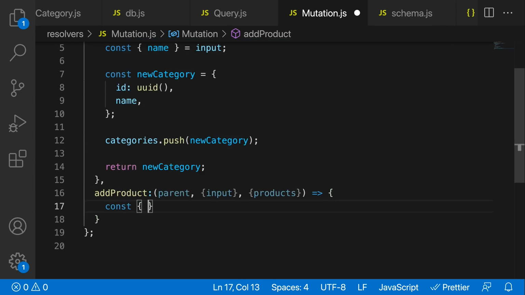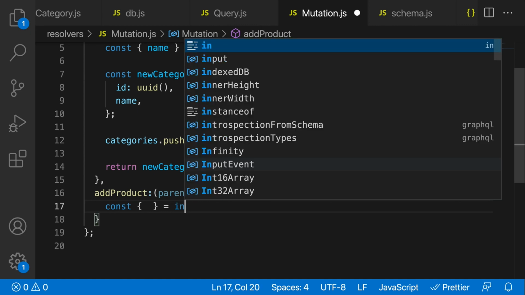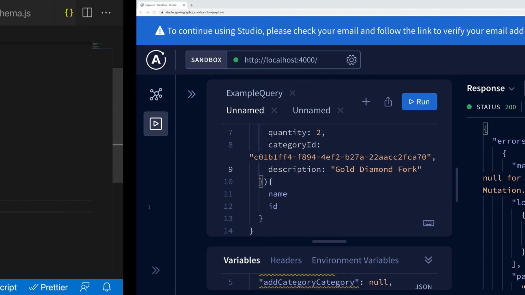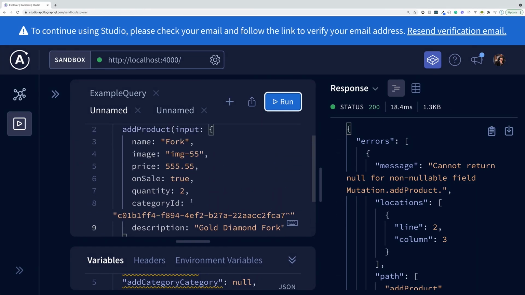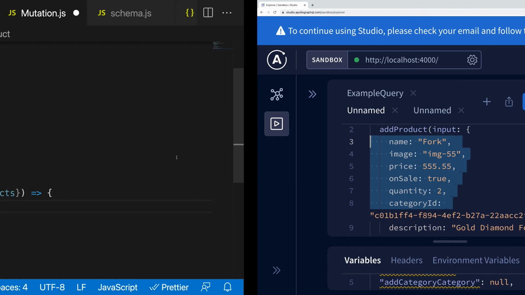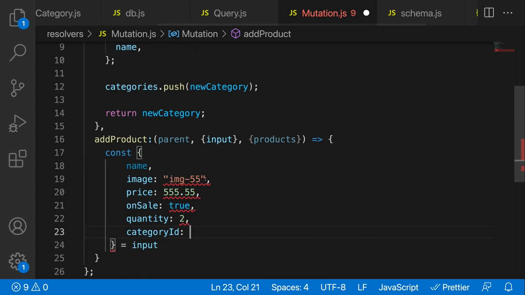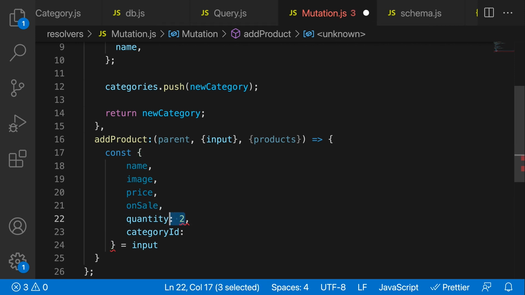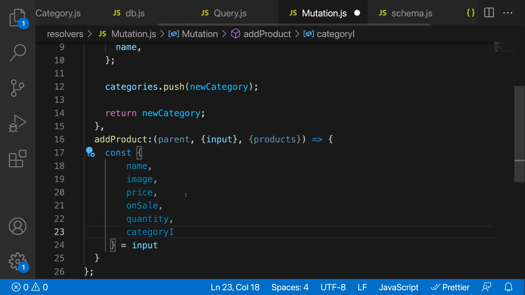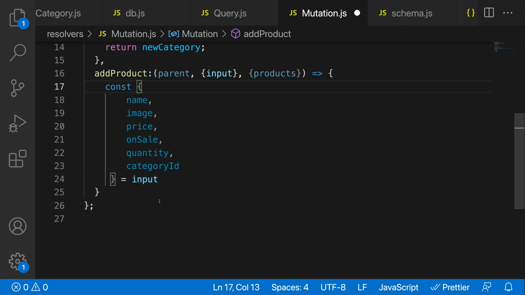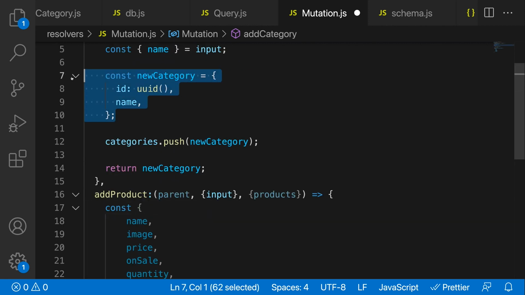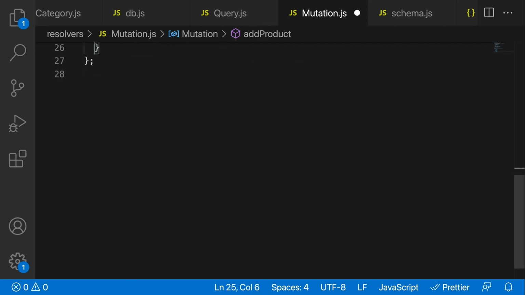So this one is really easy as well, very, very similar. So we're gonna destructure out everything from the input, so everything that we need. So what is it that we need? Let's just get all of this. I'm just gonna paste it right in there, and I'm just gonna get rid of the value of the key. So I'm gonna destructure all of these out. And okay, cool. Now we have the input. Now what we want to do is create the new product. So we can say const